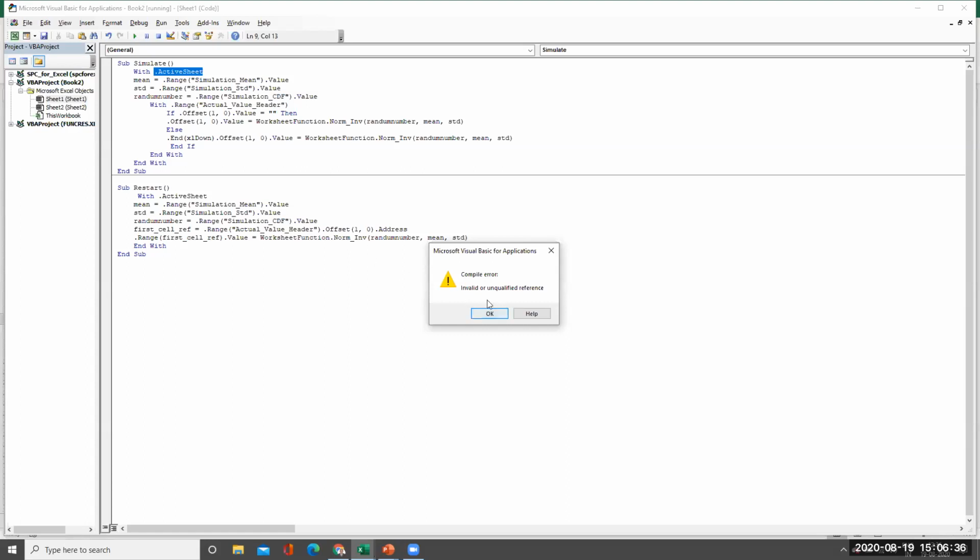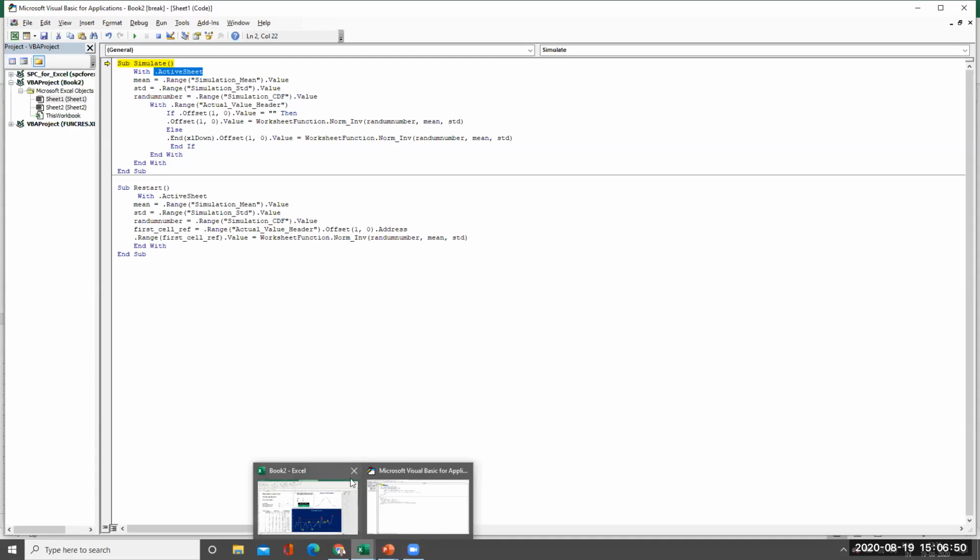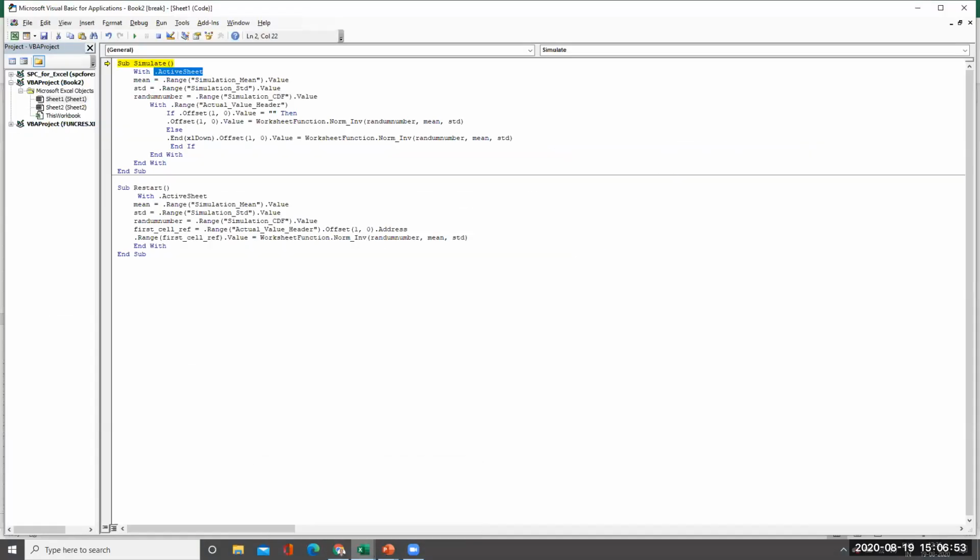There is an error: invalid unqualified reference with active sheet. Yes, I have to give this reference sheet here, right? Simulate, no, I have to give this macro here. Okay, we'll go to that Excel sheet.